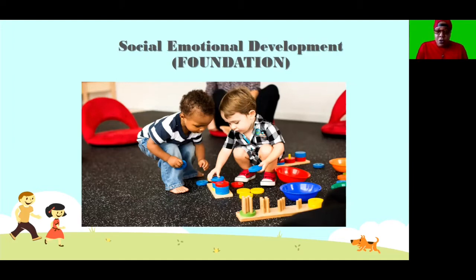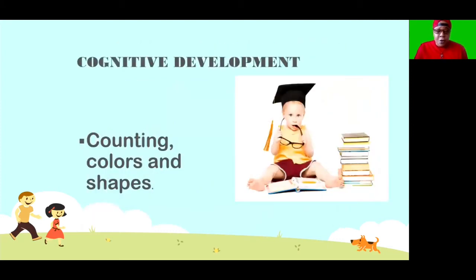If a child lacked in the area of social emotional development, and we had this same scenario we have here, you may see one or the other children push each other. You may see the one child pull the toy away from the other child. You would not see an equal amount of healthy play going on if either child had a deficit in their social emotional skills. So, wonderful demonstration there. Moving on to the next one,